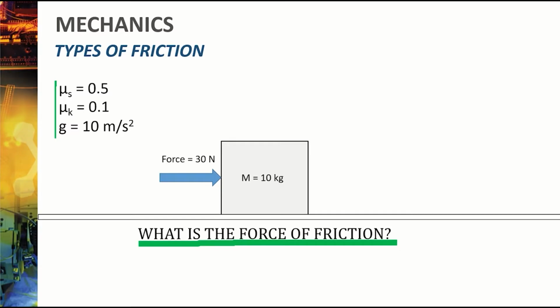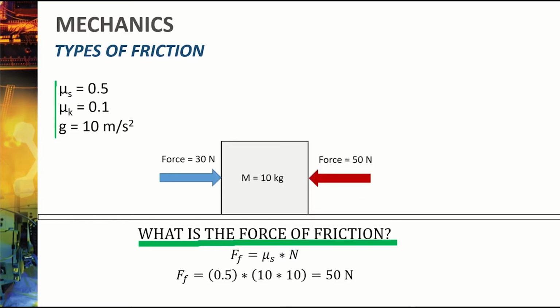All right. I'm sure you've all got giant brains and you figured it out just like I did. So let me show you the steps. We know that the force of friction is mu s times n. Friction's fun. Okay. So we know mu s, that's 0.5, and we know n, that's just the normal force, which if we did a sum of the forces in the y, would be the weight, the mass times g. So, force of friction is 0.5 times 10, which is 50 newtons. So, there we go. Force of friction in this particular problem will be 50 newtons. Hell yeah, we're awesome. Let's give ourselves a gold star.